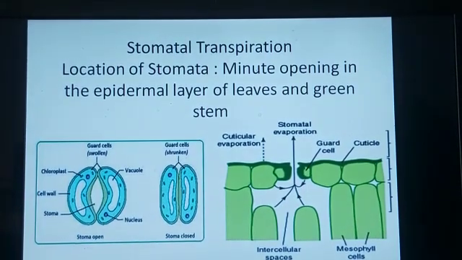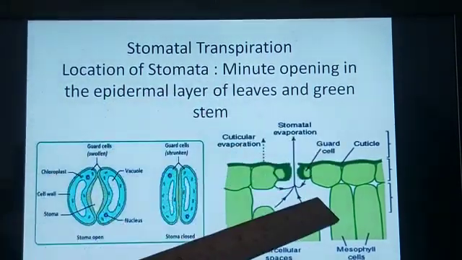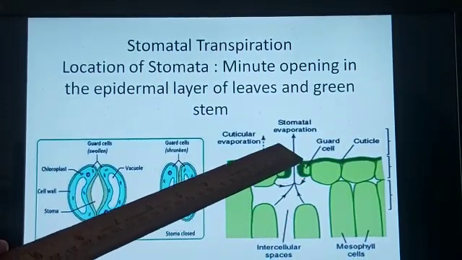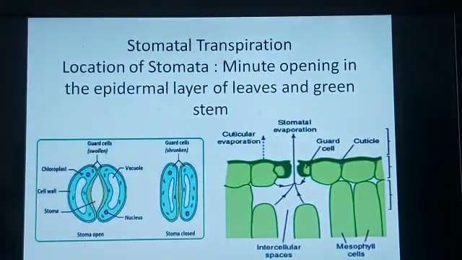Now let us understand the mechanism of how the evaporative loss of water takes place from the stomata and how the water comes outside the stomata. In stomatal transpiration, the water vapor escapes through the stomata of the leaf. Water, after absorption by the roots from the soil, rises up through the stem and reaches the tissue of the leaves through the veins. A large number of spongy mesophyll cells in the leaf have their surfaces exposed to the intercellular spaces. These surfaces of the cells give out some of the water as a thin film.